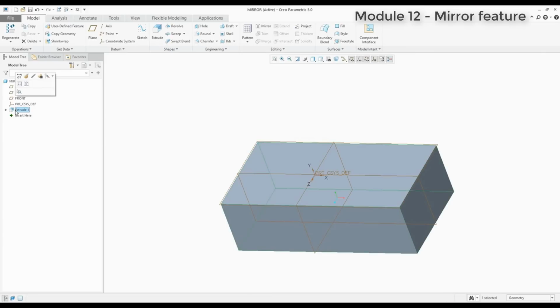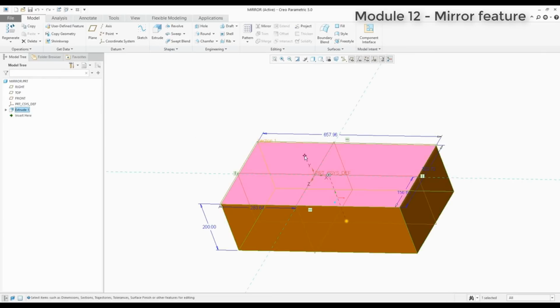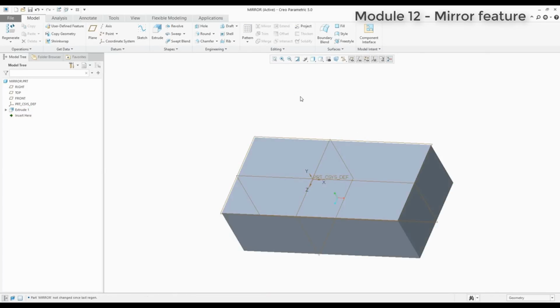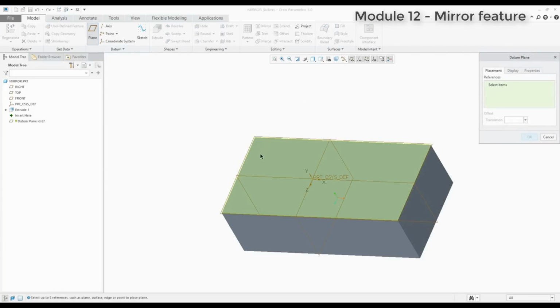You can see that for my sketch I didn't use a symmetrical rectangle, and for example if you would like to use the mirror feature, it will be good if our shape is directly in the middle. So you can change the sketch and specify the constraints, or you can create a new datum plane, for example, and